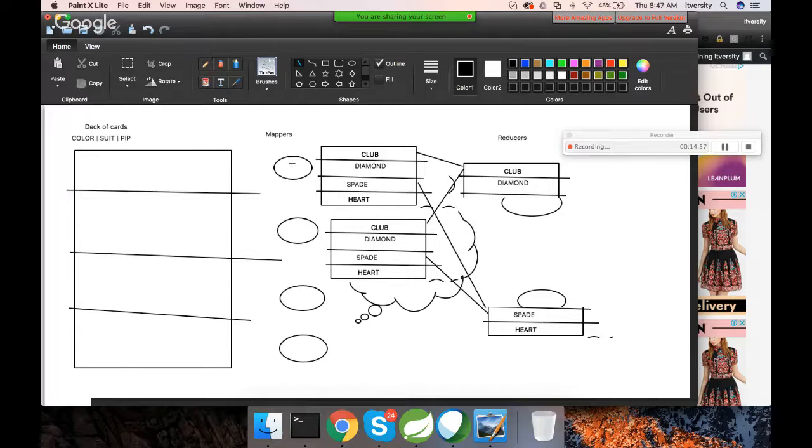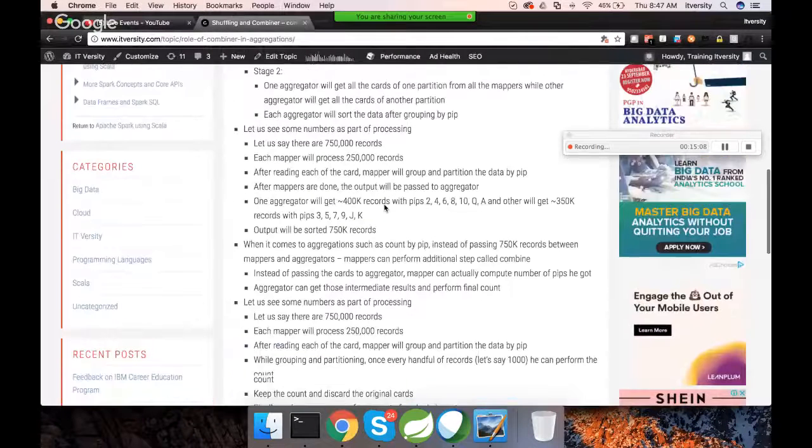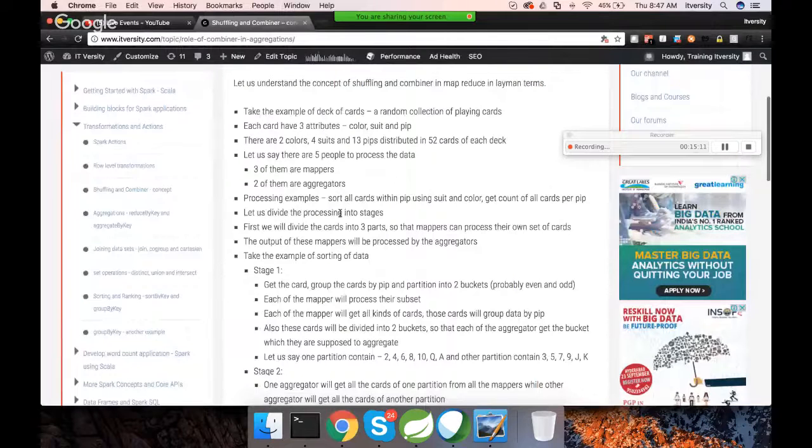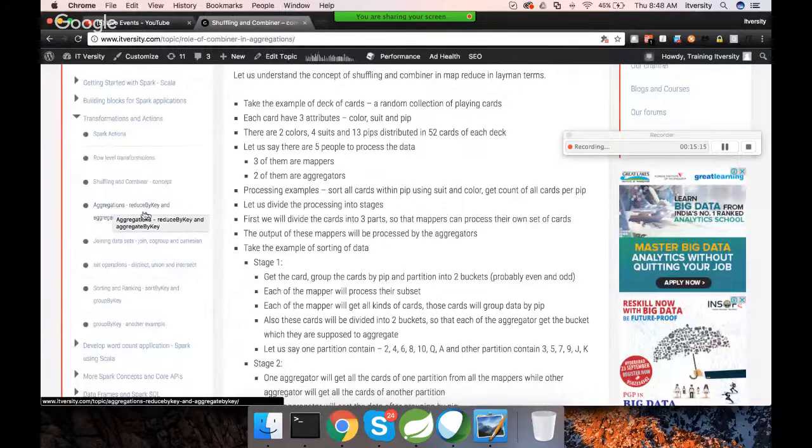So we develop primarily two types of functionalities. One is mapping functionality, other one is reducer functionality. So now let us go back and see what are those APIs. Okay. So you can see here in the index, there is the aggregations, there are joining, and there are set operations. Set operations is a bit different, and also there is sorting and ranking, and also group by key. All these things, group by key, sorting and ranking, aggregate by key, reduce by key, join, co-group, Cartesian, all these APIs will actually result in shuffling when it comes